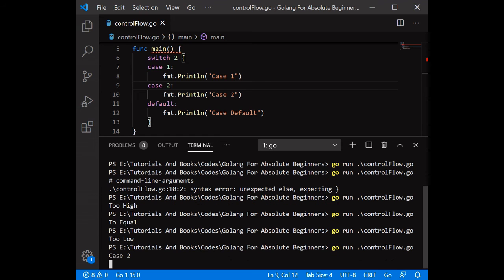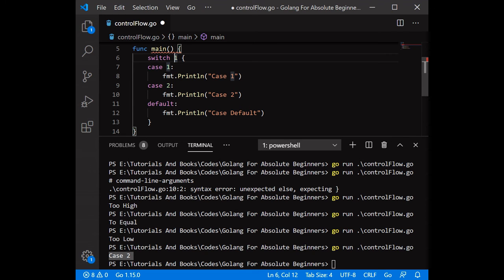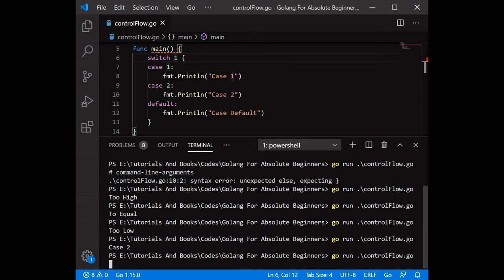And what if I pass 1 in our switch statement? See, case 1 is executed. And what if I pass 4?